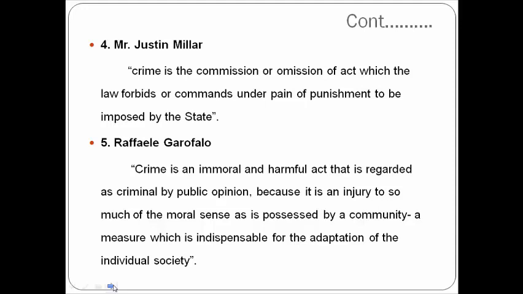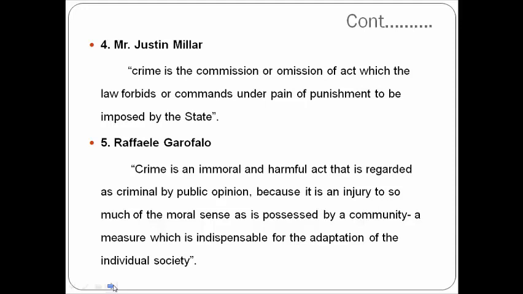Then another definition is given by Raphael Garofalo. He says that crime is an immoral or harmful act that is regarded as criminal by public opinion because it is an injury to so much of the moral sense as is possessed by a community, a measure which is indispensable for the adaptation of the individual to society. So crime is an immoral or harmful act. Basically, what is crime? Crime is an immoral act, a harmful act that is regarded as criminal